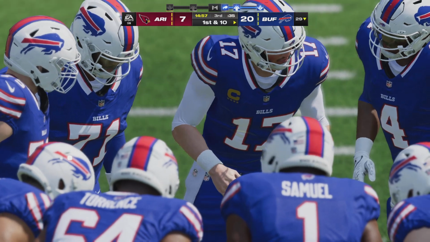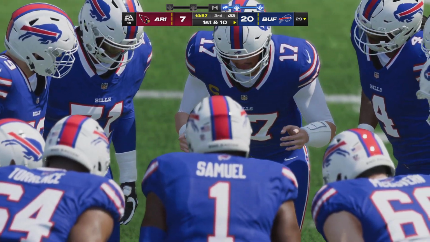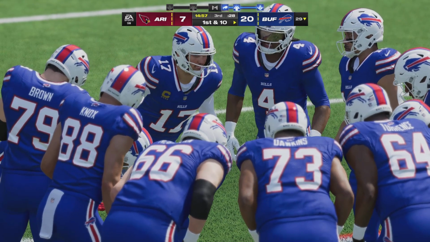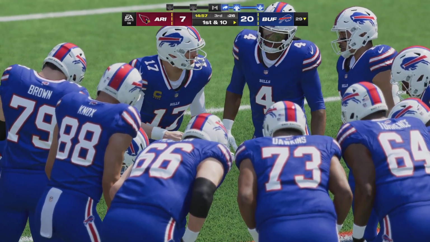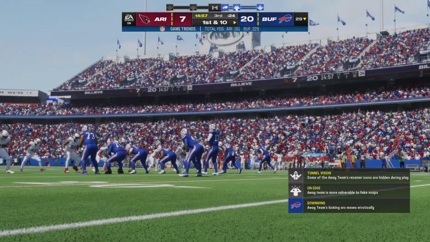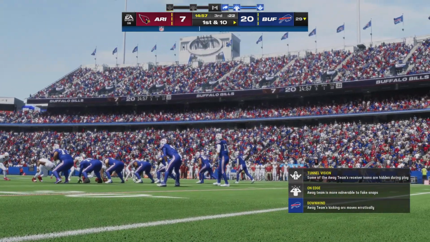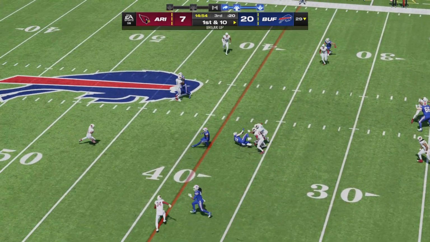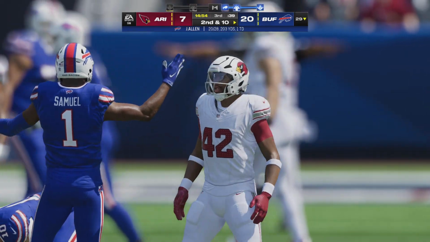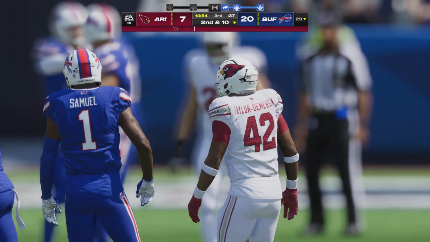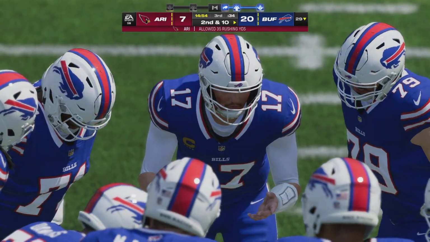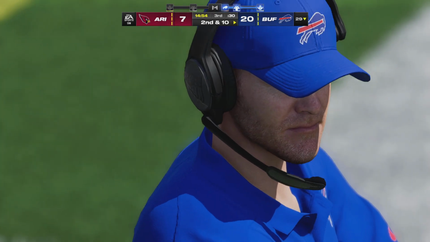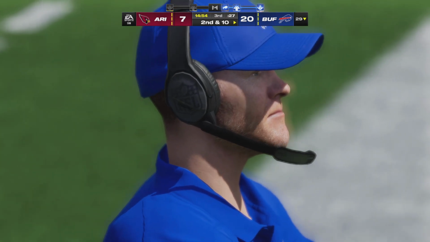I think getting the running game going a little bit more, because I thought in the first half they didn't get it moving the way that they would like. They had success throwing it, but I think these first couple of drives, they'll want to get those running backs going and give them more opportunities, and I will guarantee you that those guys were lobbying for them in the locker room at halftime. Throwing on first down, but this one winds up to be incomplete. With a dime left on defense, 2 extra defensive backs on the field have covered up essentially every blade of grass. That allowed them to disrupt the play.